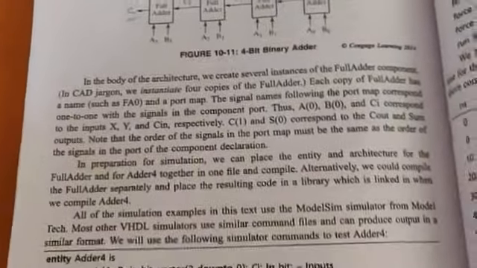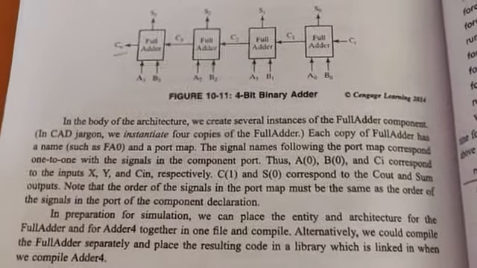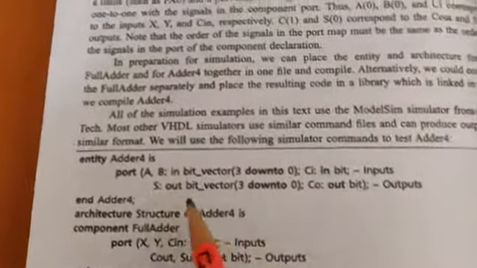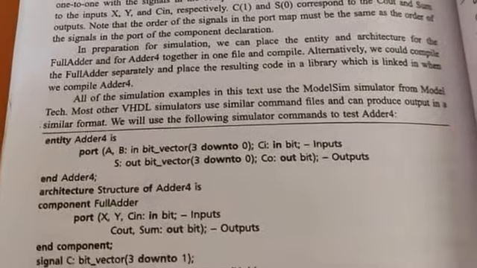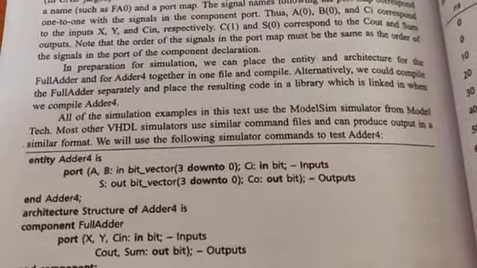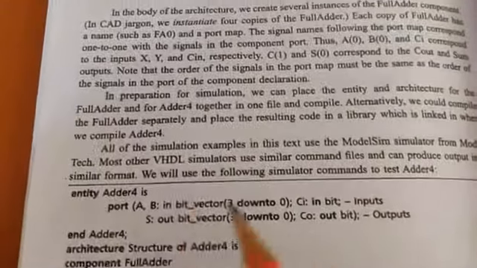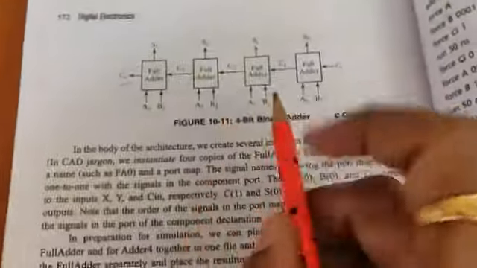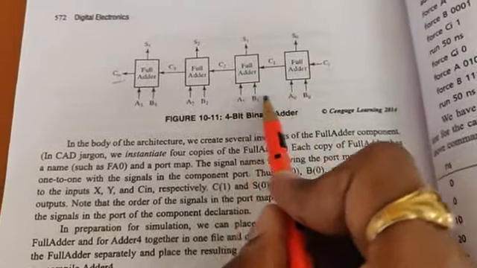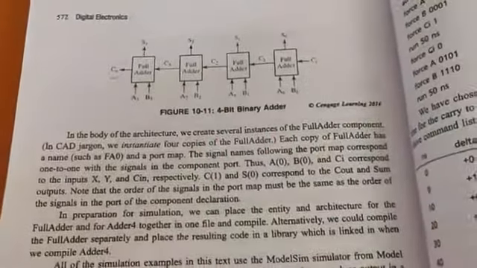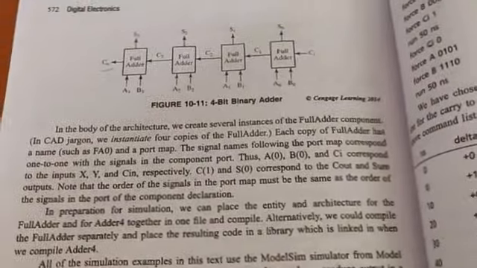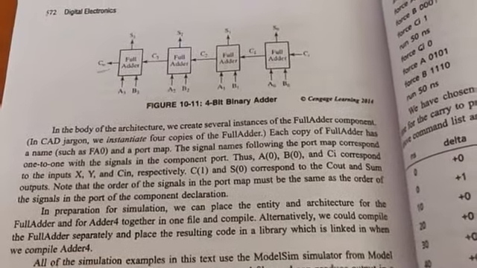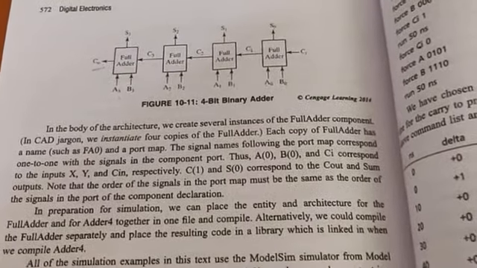So how do we define the VHDL model for a 4-bit vector now? Look at this code. We define the entity one time, and that will be used repeatedly. Look at the port: which are the inputs? A0, B0, A1, B1, A2, B2, A3, B3, rather than writing them out one by one like that.